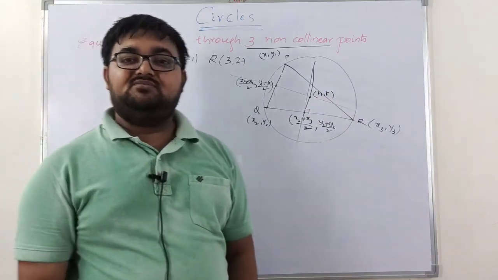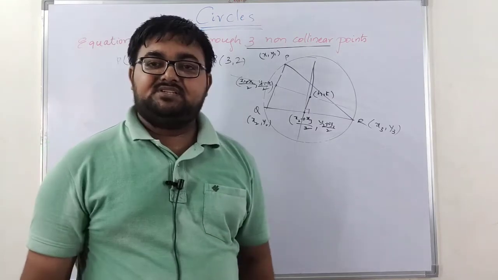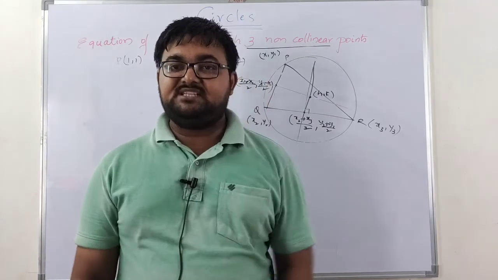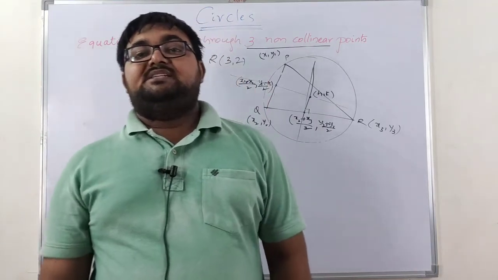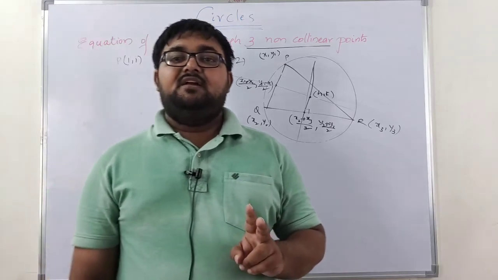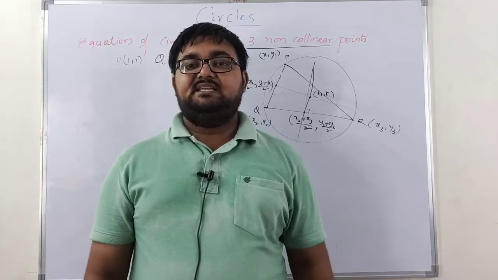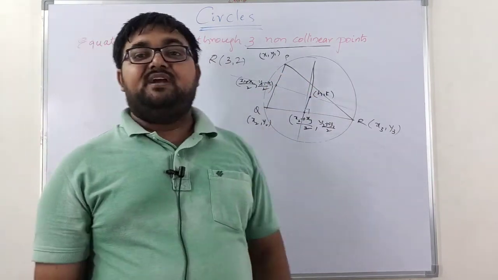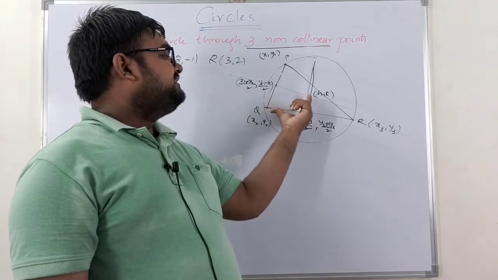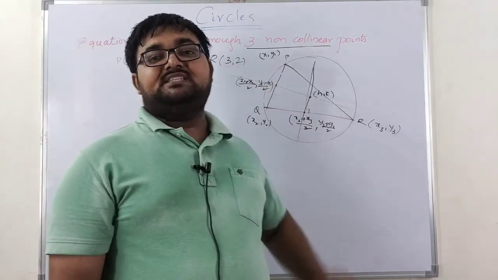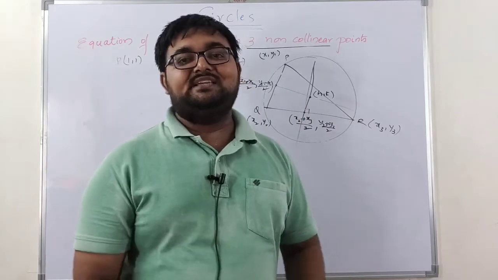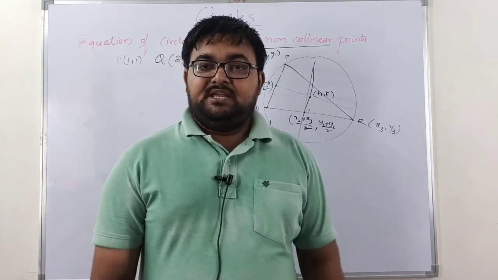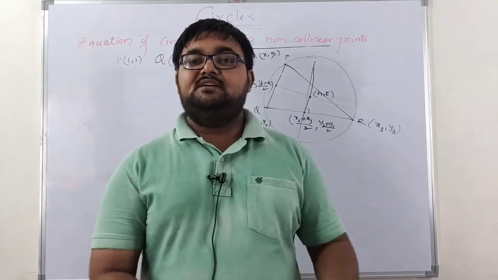So here what is the procedure that we have followed? In simple words, what we need to do is find the perpendicular bisectors of any two sides. If you find the perpendicular bisectors of any two sides of a triangle, their point of intersection is nothing but my center. So whenever I find the center, automatically I can find out the radius, because if I know the center, the distance from any point to the center is nothing but called the radius. So that radius I can directly find, and by using the center radius form I can directly get the equation of the circle. So this is the third method, right?